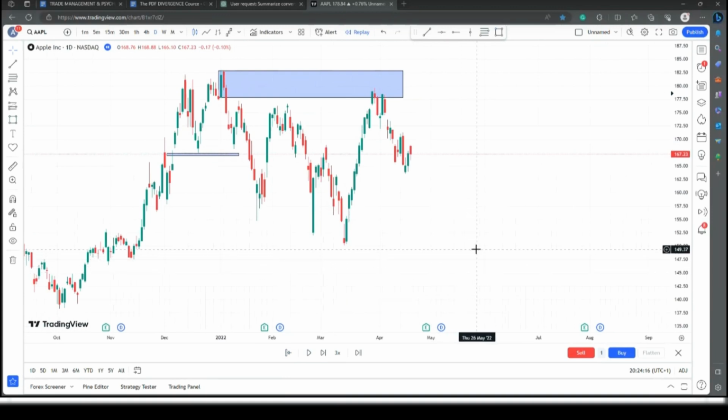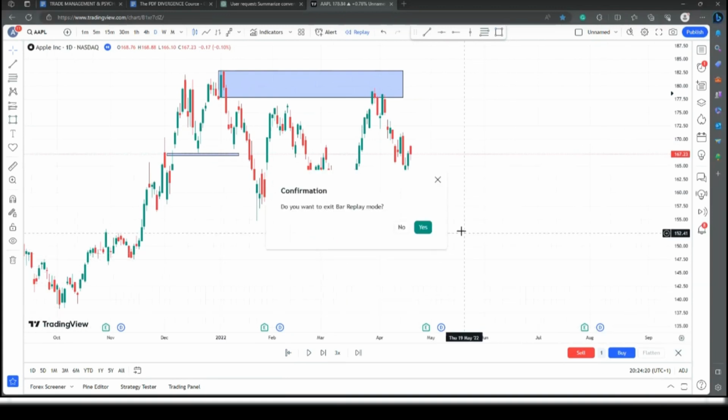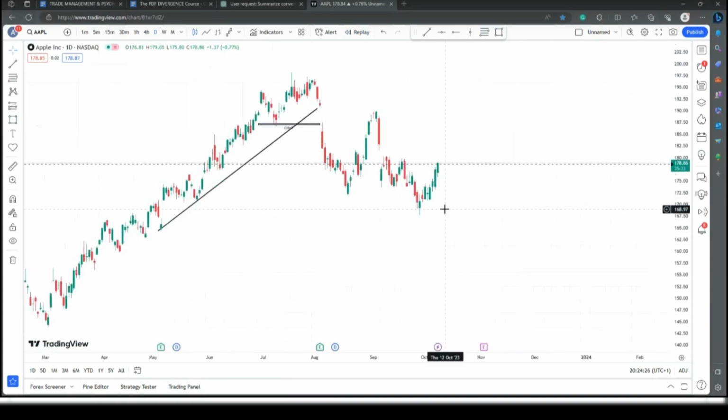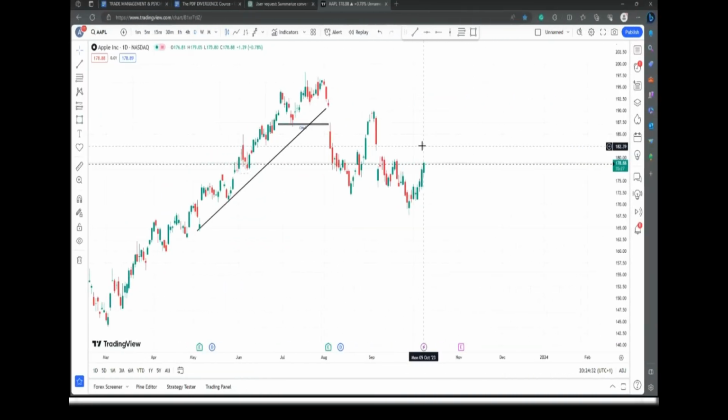Then if you want to get out of this mode and see the current price, just come and click X. Cancel. Do you want to exit bar replay mode? Yes. So then it will take you back to the original price, or the current price. Next one